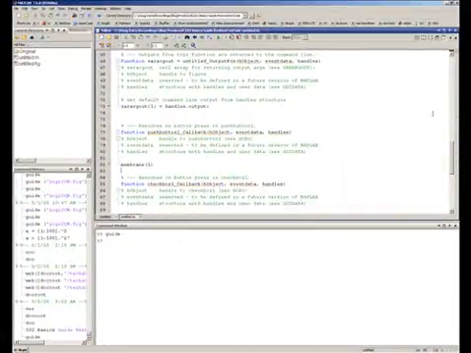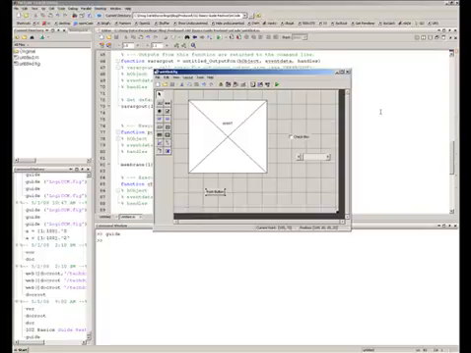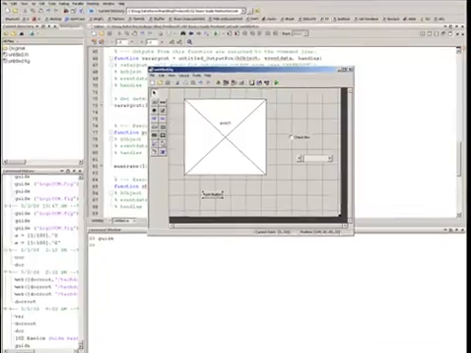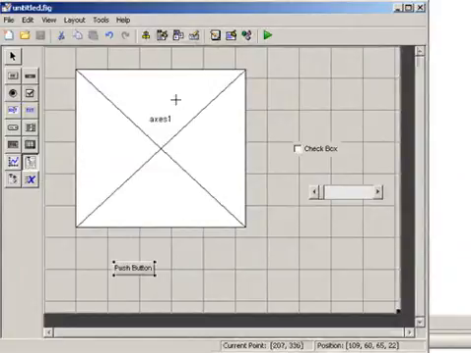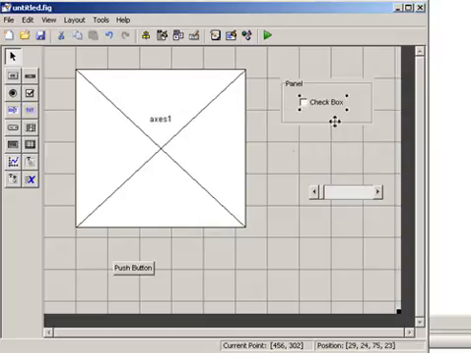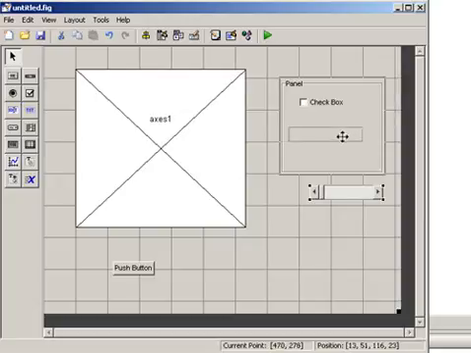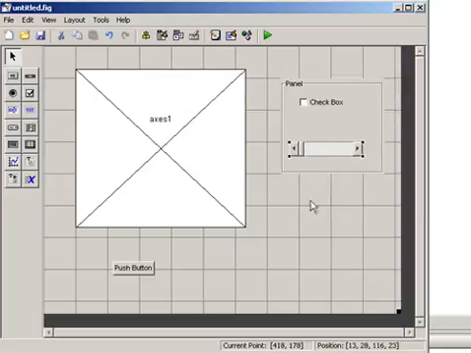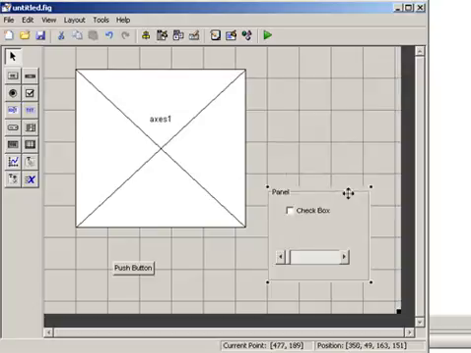What else can we do with these GUIs? If we come here, I can do some layout management. Maybe I will put together a panel like this, and then I can put the checkbox inside there, maybe make it a little bit bigger, drop the slider in there. And the reason I would want to do that is now this entire panel can be moved